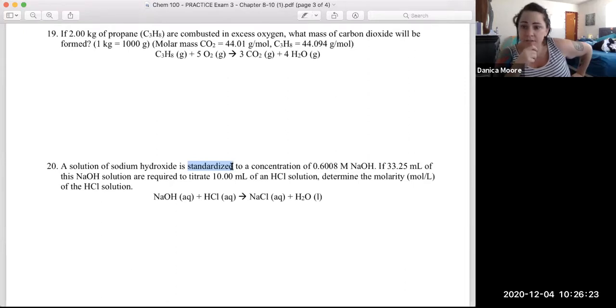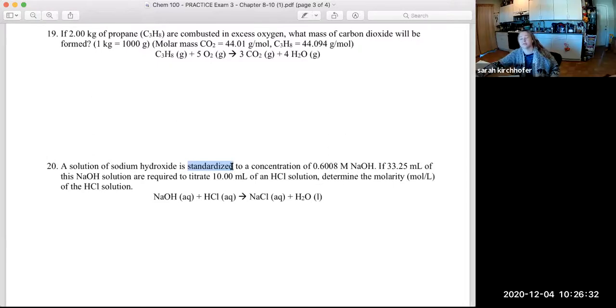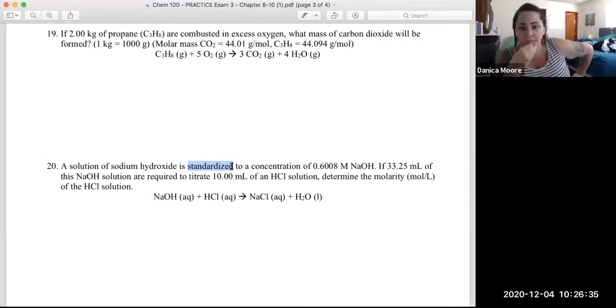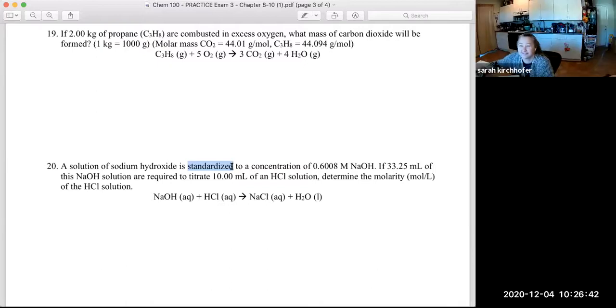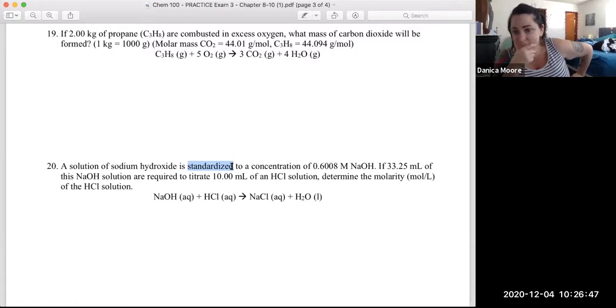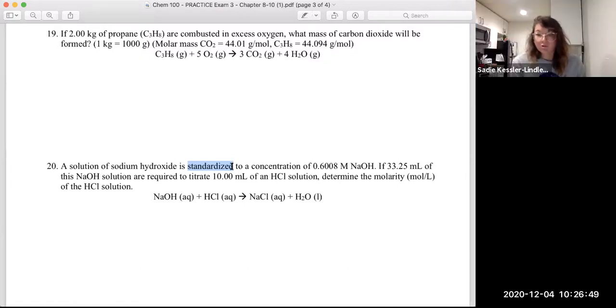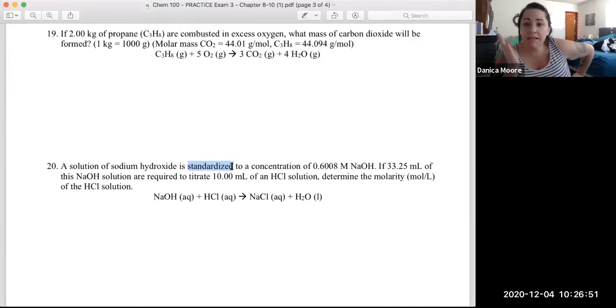all titrations are solution stoichiometry problems, but not all solution stoichiometry problems are titrations. Does that make sense? Yes, it does. That's okay, we'll say it as many times as you would like. It's a titration problem, but you're not treating it any differently, but I just want you to be able to know that